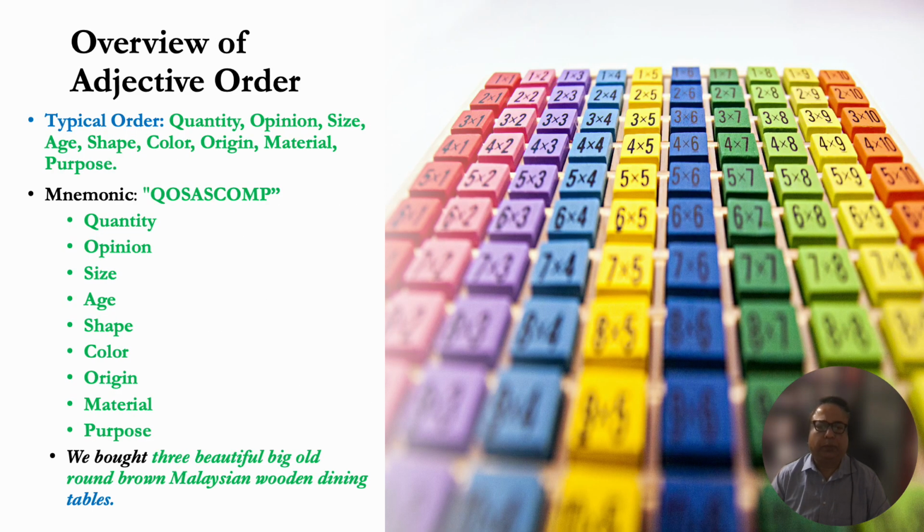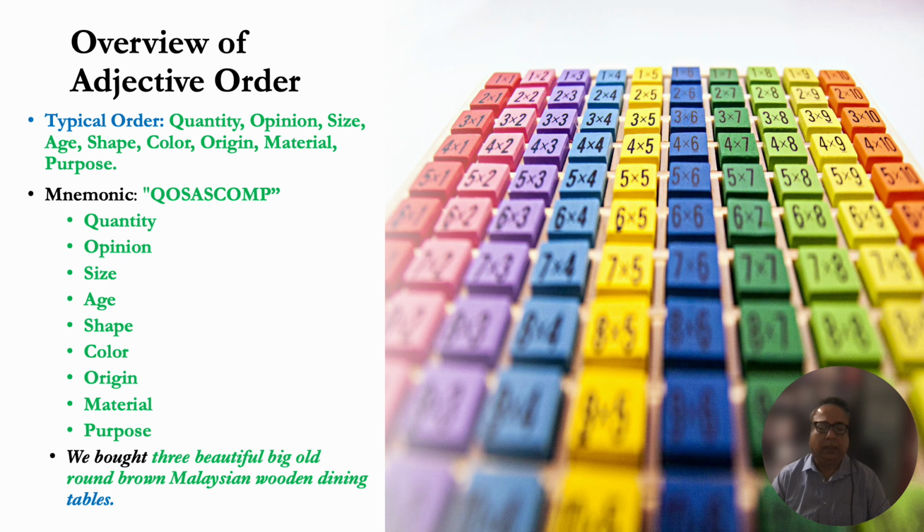Okay, so I need you to become familiar with this term called QUASAS COMP. That's what we will call it for now. And each letter in that abbreviation stands for a type of adjective, such as quantity, opinion, size, age, shape, color, origin, material, and purpose. So in the example below, we bought 3 beautiful, big, old, round, brown Malaysian wooden dining